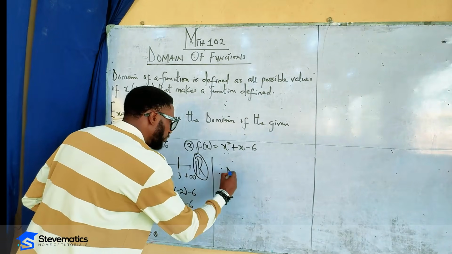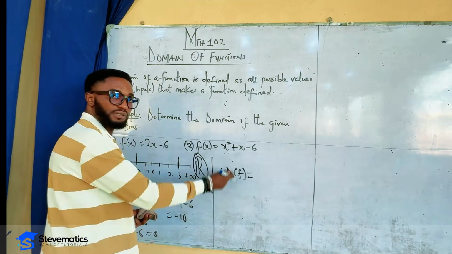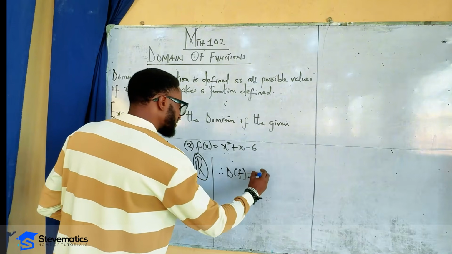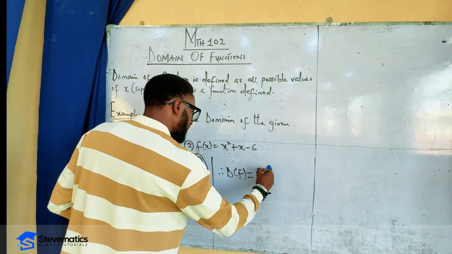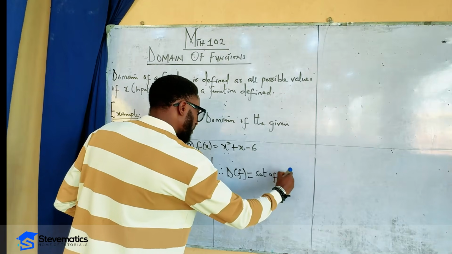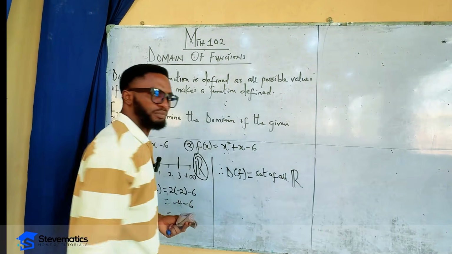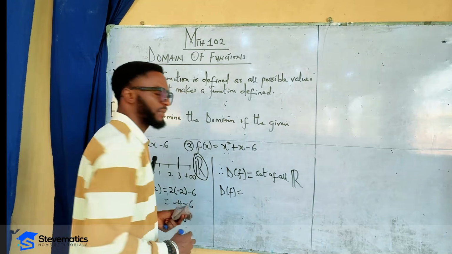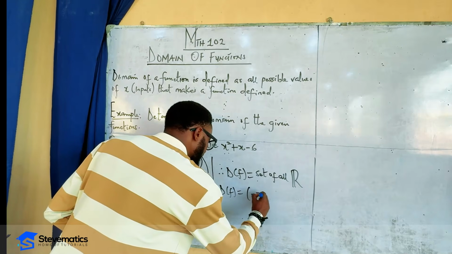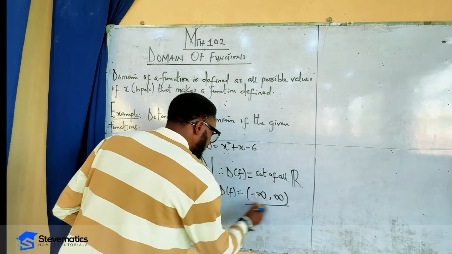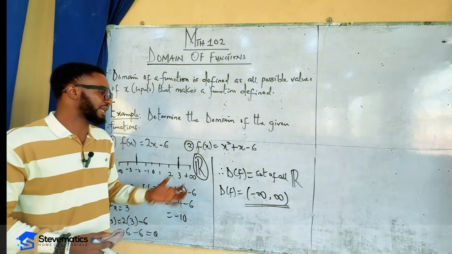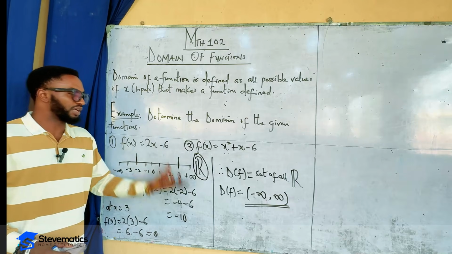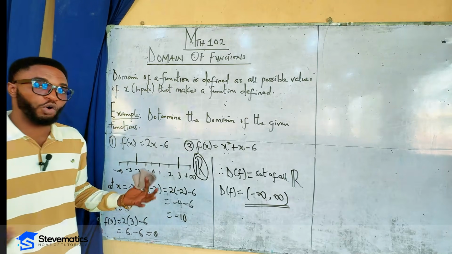therefore, the domain d of f, that's how we denote domain of a function. The domain of 2x minus 6 is the set of all real number, which we can write as d of f equal to negative infinity to positive infinity. All right, so this is the domain of a polynomial function. So we can conclude that,